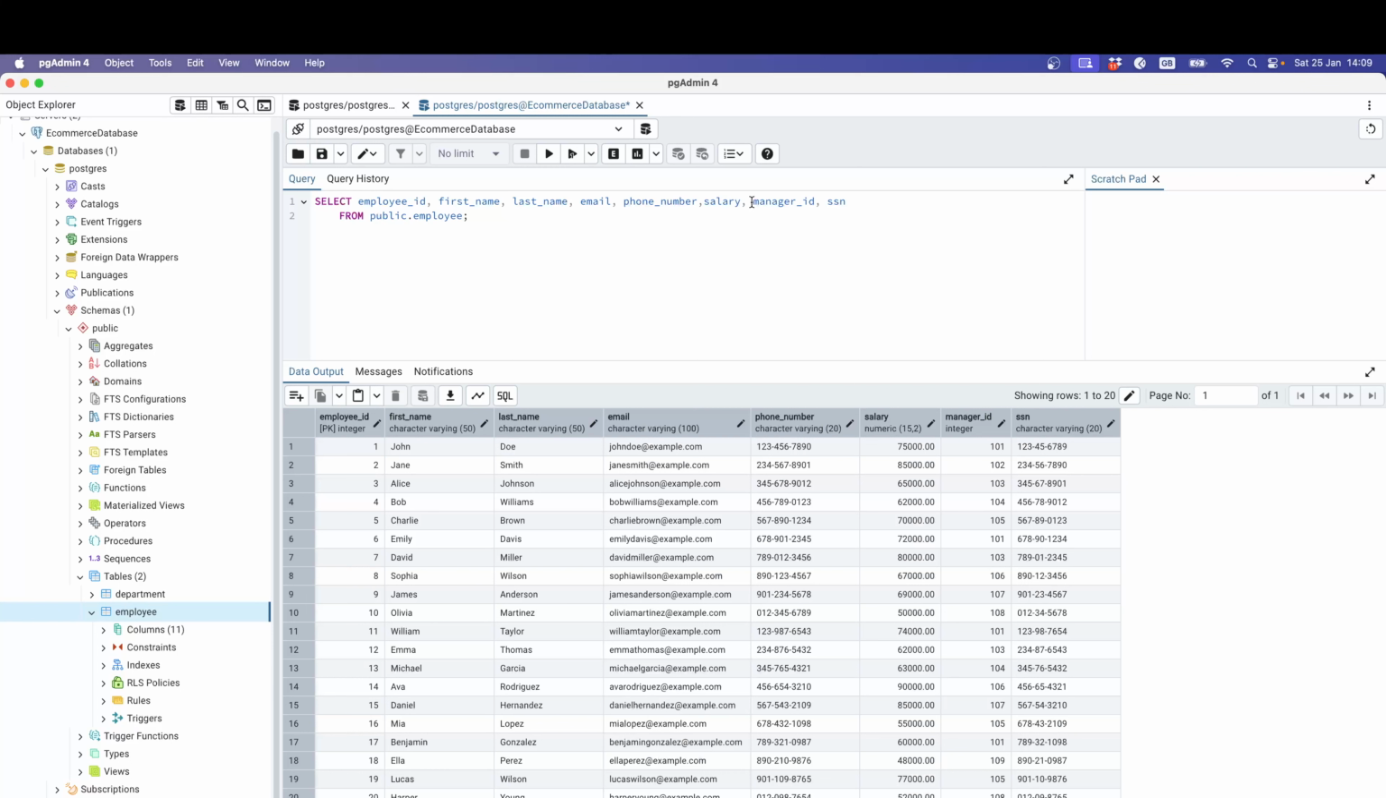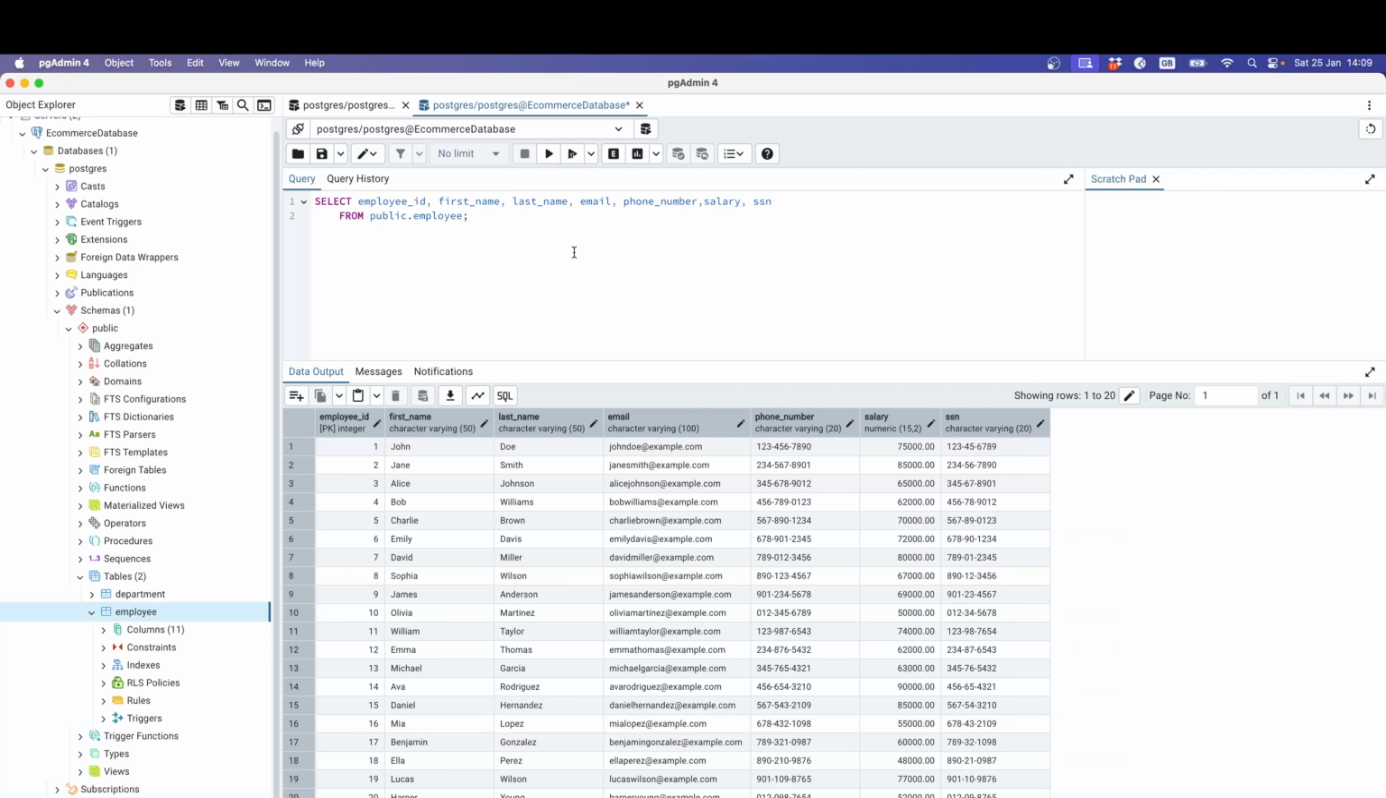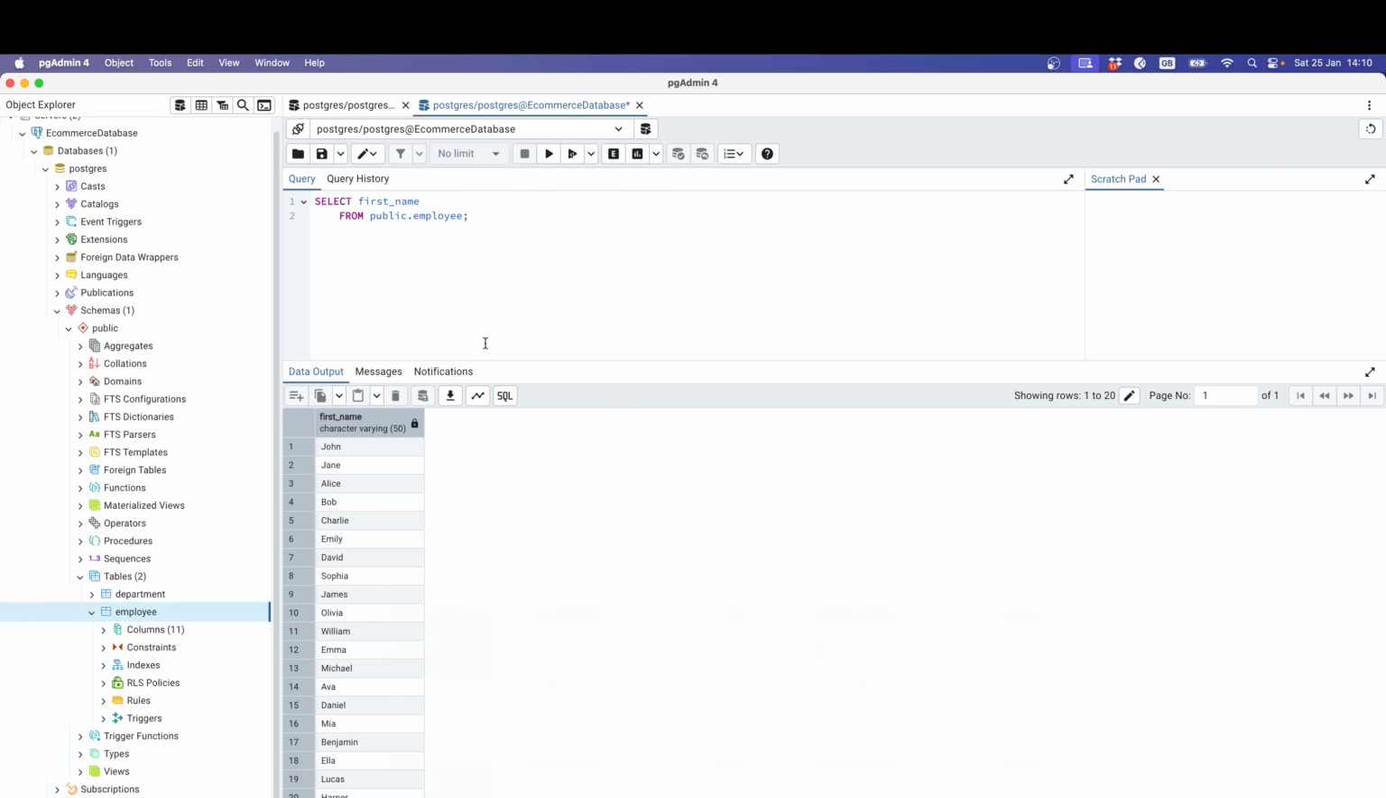Okay, with comma, brackets, comma. So this is how you can write the select command. And if you want, let's say you have those all. Okay, and here you can see that everything is distinct, I think so, but there is one